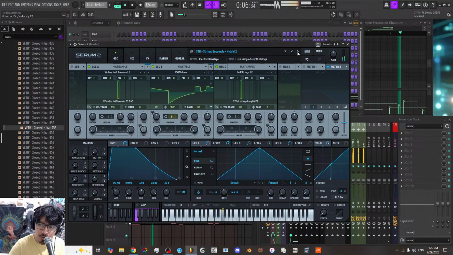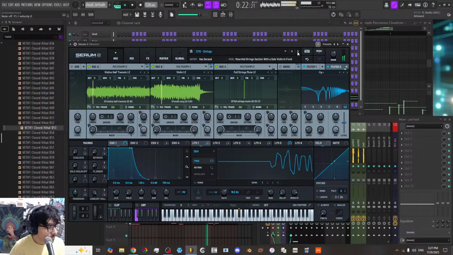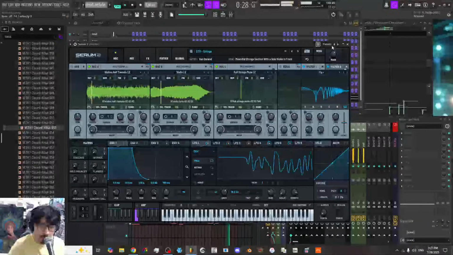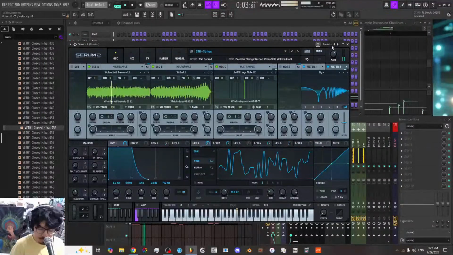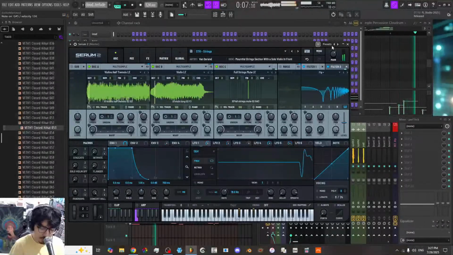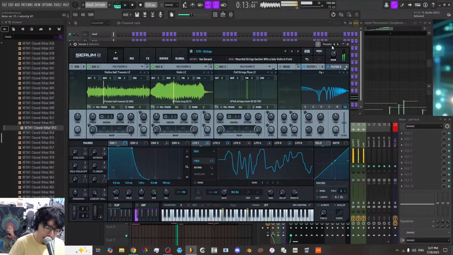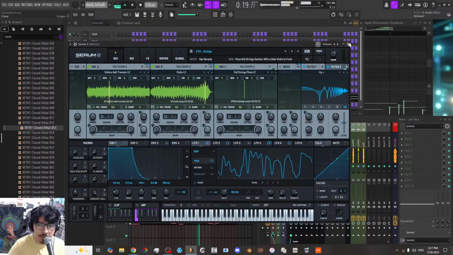Theremin. Might be the one right here. I like that one.